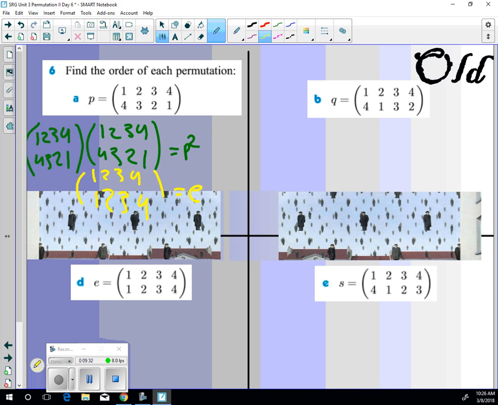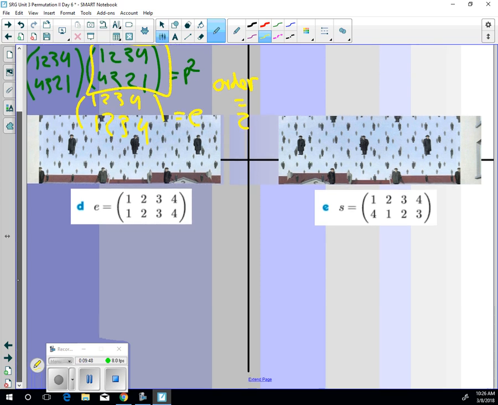It's an order of 2. Order equals 2 for this one. This is the first one. That would be an order of 1. If it was 1, 2, 3, 4, 1, 2, 3, 4, then that would be an order of 1. But when you operate against itself once, you get order 2. Now we're going to see what happens with